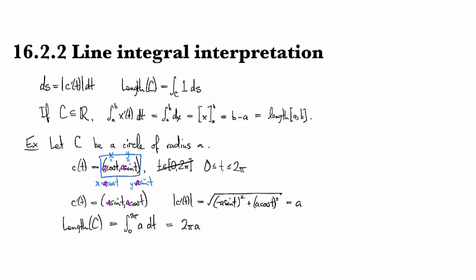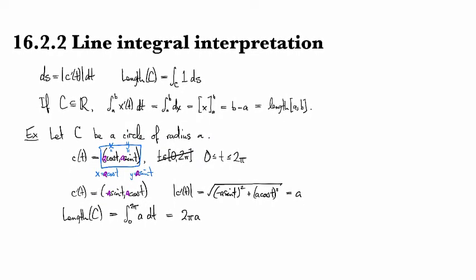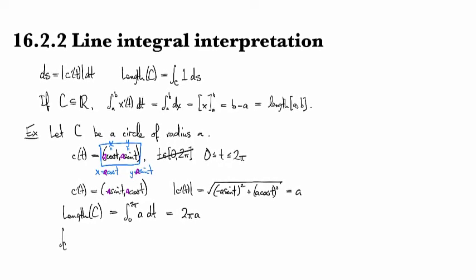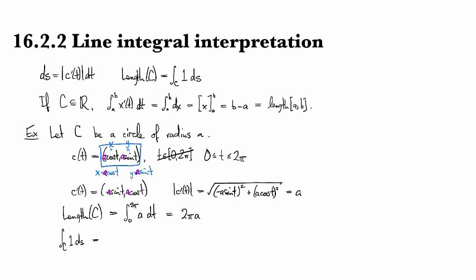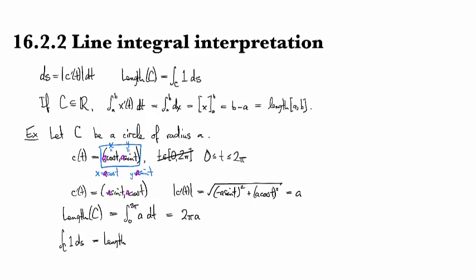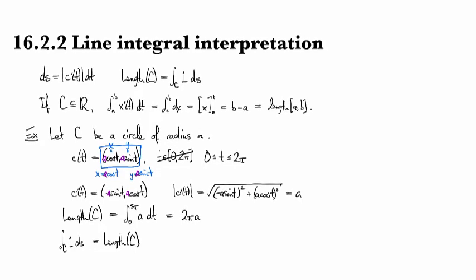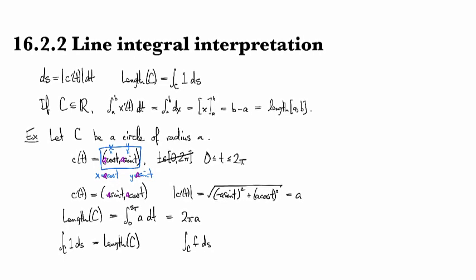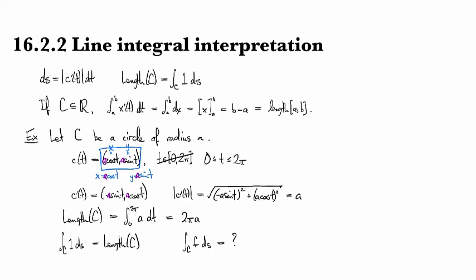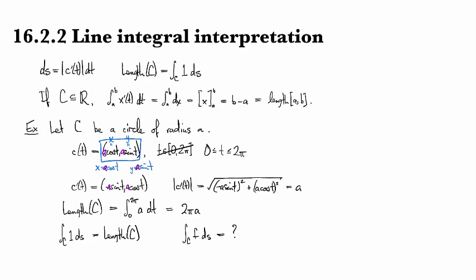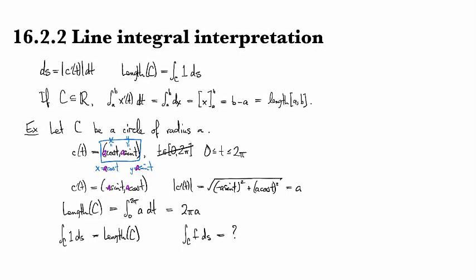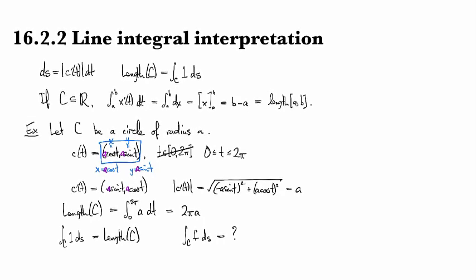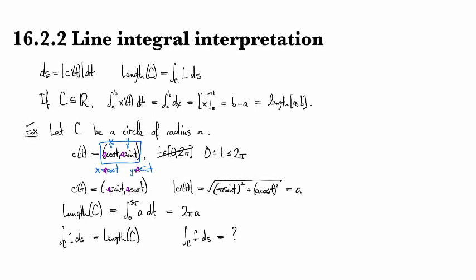So one way of thinking about this: if we've got just the integral over a curve of 1 ds, then we get the length. But most of the time we're going to be doing more interesting things, like looking at the integral of f ds. So what does this equal? Well, like I said last time, this is like what would happen if you were not talking about just the length of the road, but how much gas it took you to traverse the road. So for example,